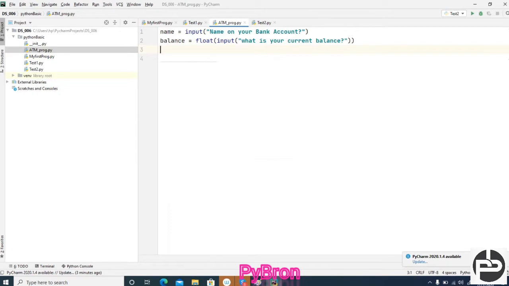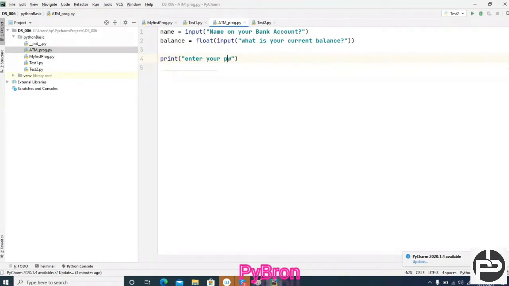Once you have done these things, where you ask the user for the current balance or bank account, then we have to print the menu. But first, the password. After that we have to ask for the password: print, enter your password.